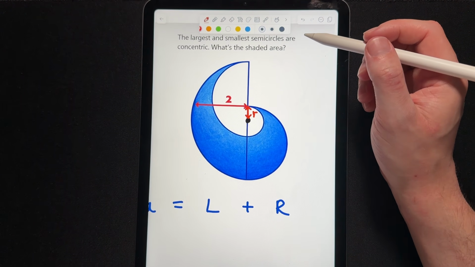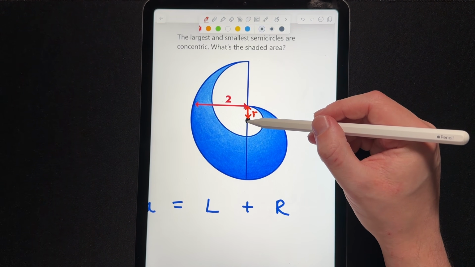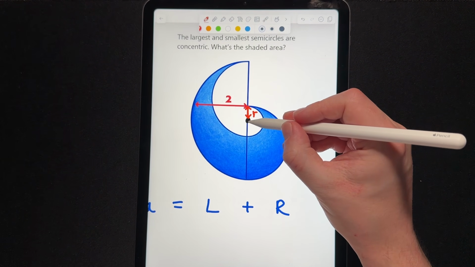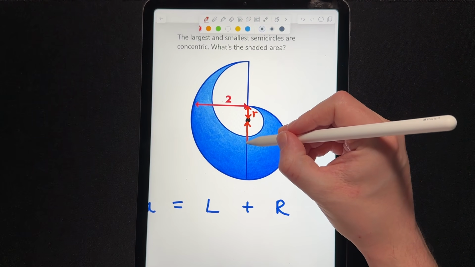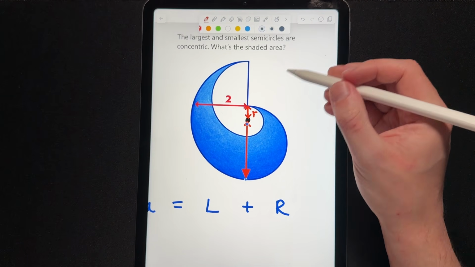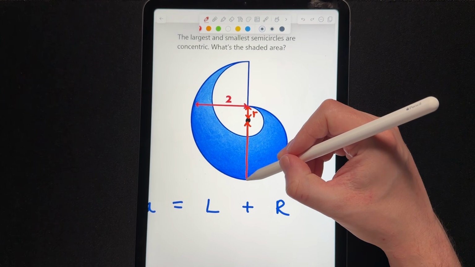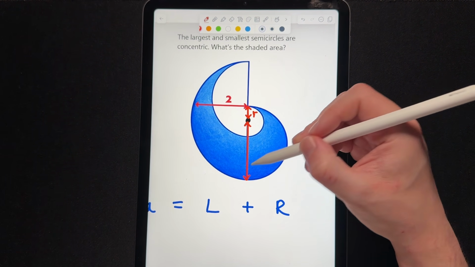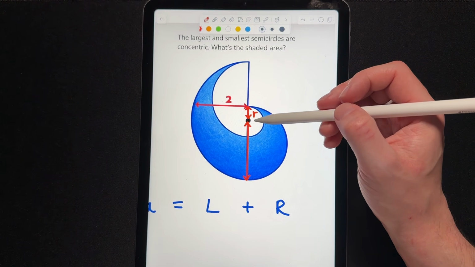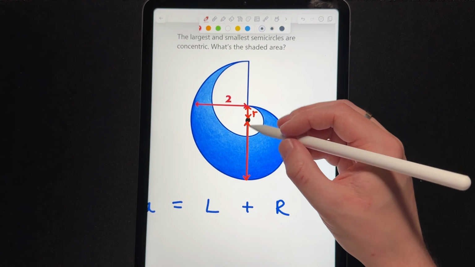Now there is also another radius, and that would be from the center of this semicircle to the edge of this semicircle right there. Let's just do a straight line like that. Yep, this is also a radius,